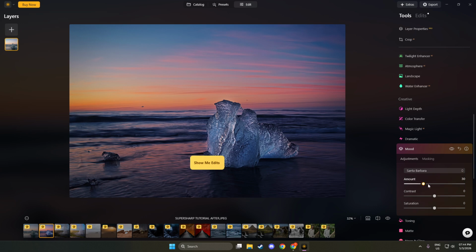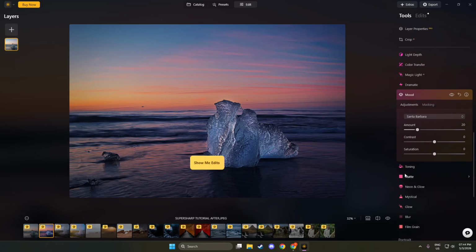After choosing a LUT, adjust the amount slider. Start low, then slowly raise it until the look complements the image rather than overpowering it. Even a subtle amount can transform a flat photo into something with direction and intent, and you can always come back and refine. With that base look in place, move to color harmony to shape the overall color.